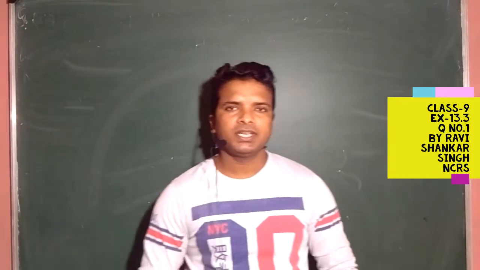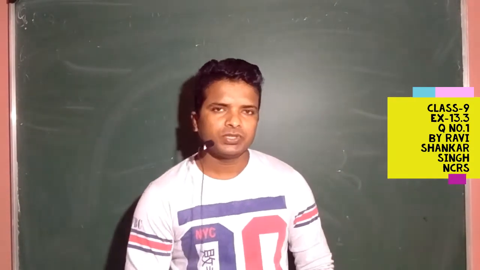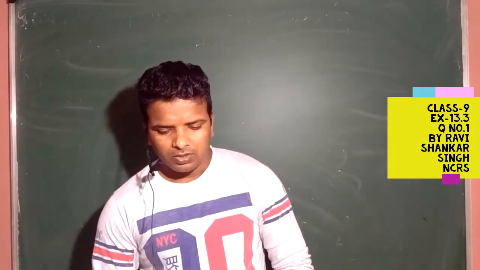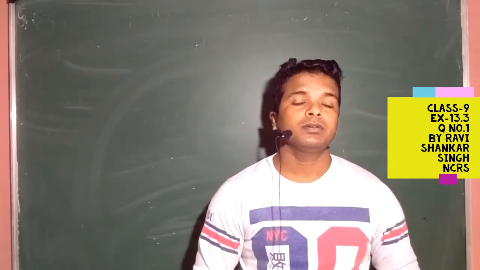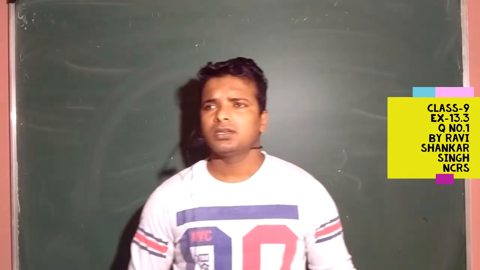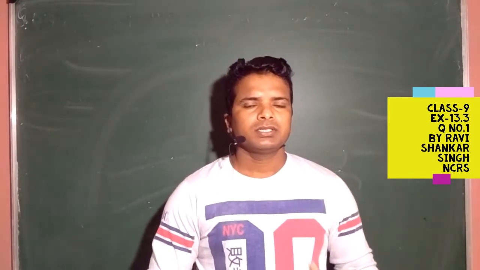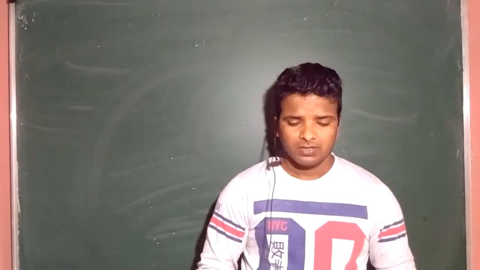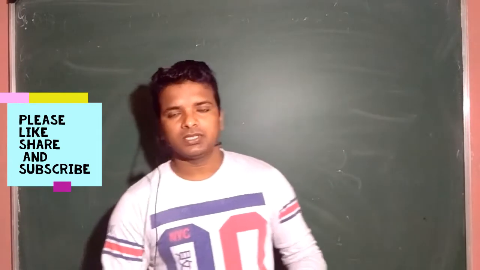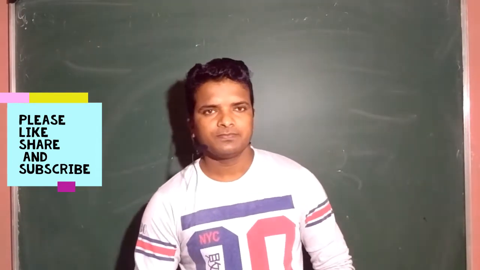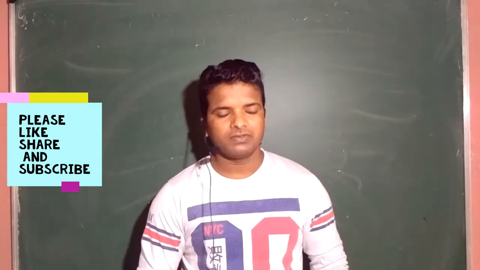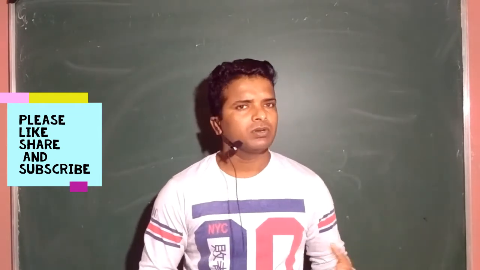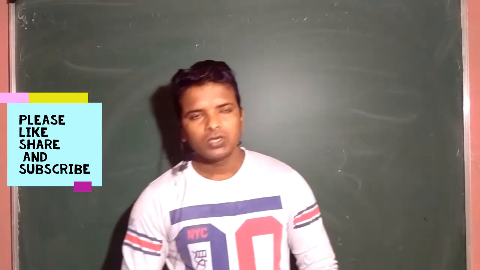Today I'm going to start chapter 13, that is 13.3. I'm going to give you only those notes where some parts of chapter 13, like the cylinder, cone, and the volume of the hemisphere and sphere, are omitted, okay? Not omitted means we need to take the internal assessment. Apart from that, the topics left, like total surface area and curved surface area of cylinder, cone, hemisphere, and sphere, I'm going to give you from today. Okay, so let us start.